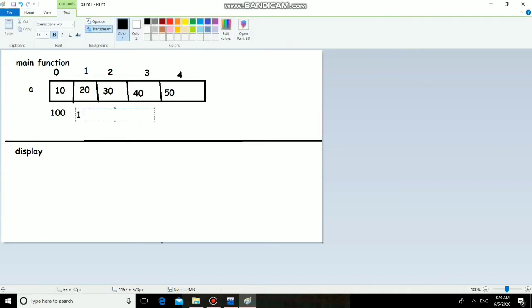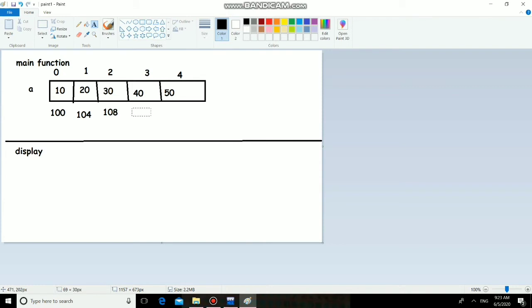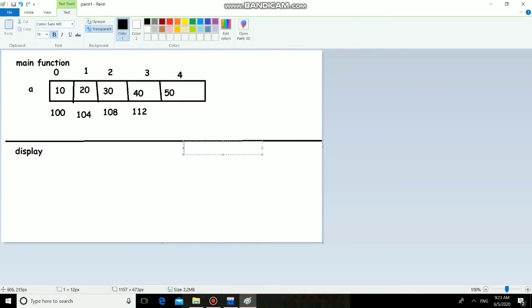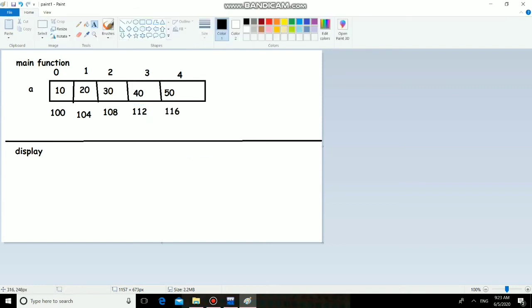You know that array elements are always stored in continuous memory locations. Each block will take 4 bytes: 100, 104, 108, 112 and 116. So here we are passing this base address, that is the address of a of 0, that is 100.